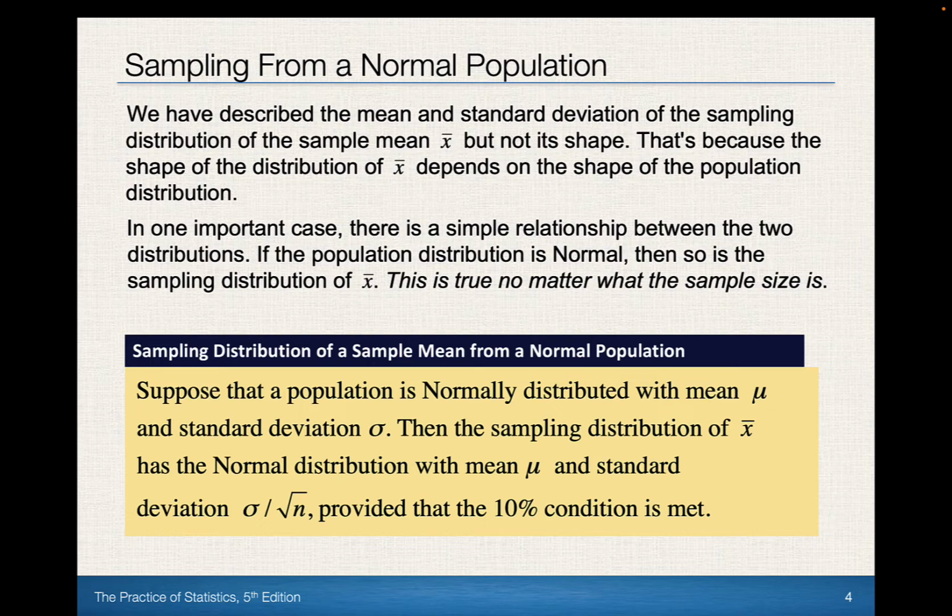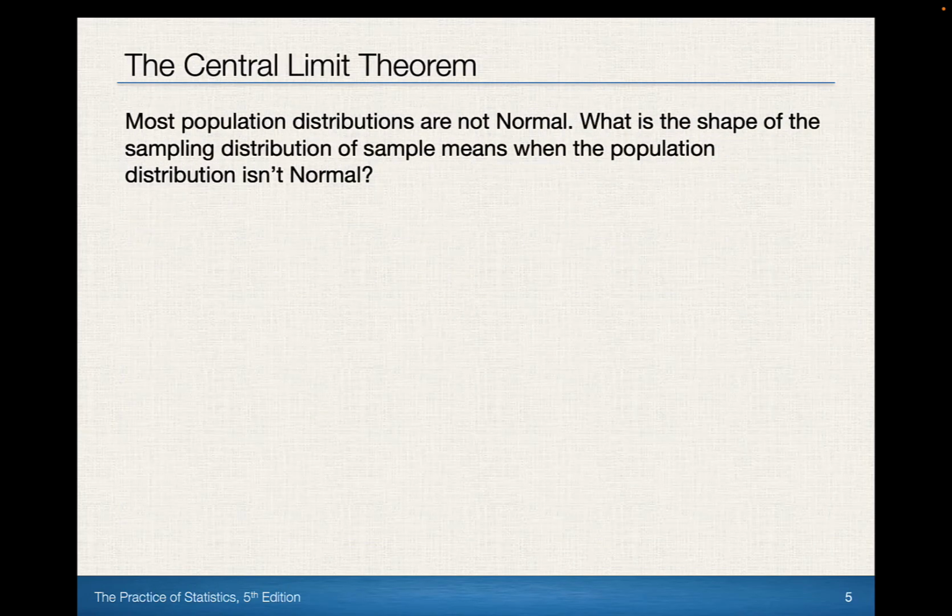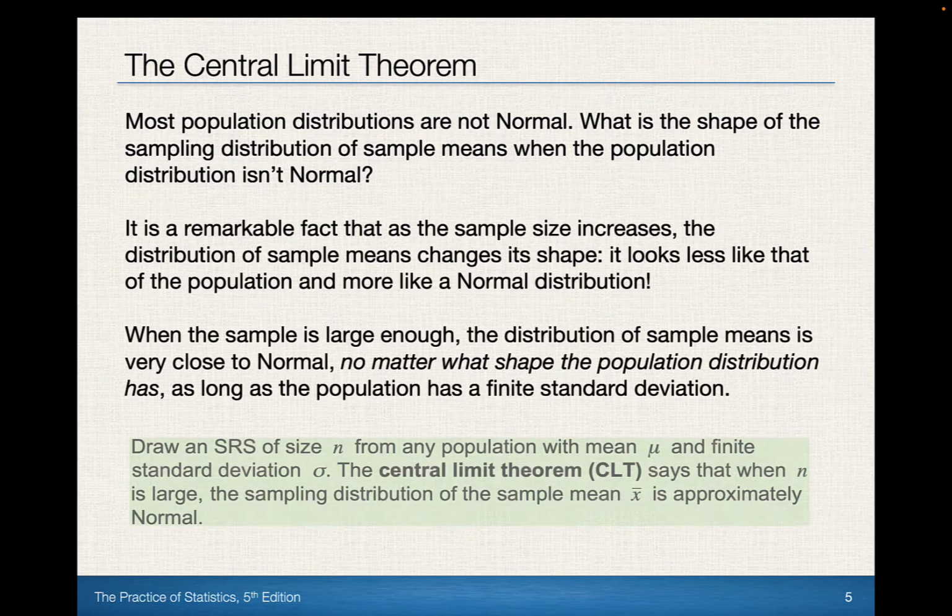Now, of course, the other conditions have to be satisfied in order to use that center and spread. However, when it comes to shape, if it's stated to be normal in the population, then regardless of sample size, we will be able to assume that the shape of the sampling distribution is normal. But what happens now if we have a distribution that's not normal, like the original example that we had? Well, that's going to make things a little challenging, and this is where we really have to try and understand